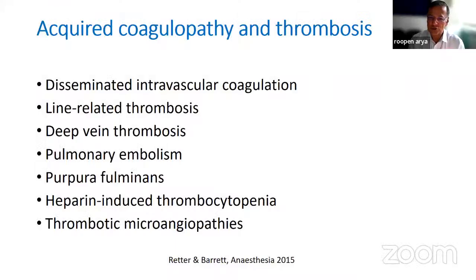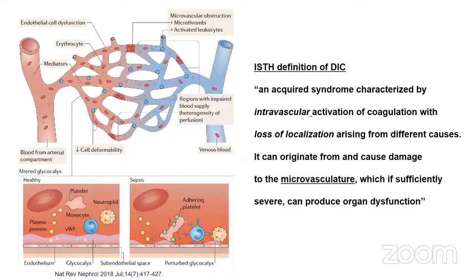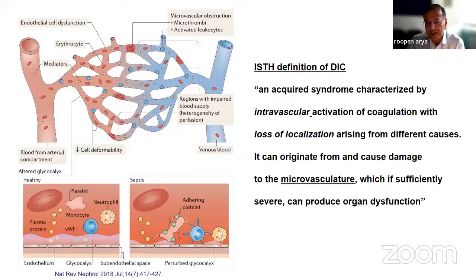and TEG and ROTEM to manage, for example, patients with dengue or after snake bite. So acquired coagulopathy can cause not only bleeding, but also thrombosis in various guises. Again, I think the ISTH definition of DIC